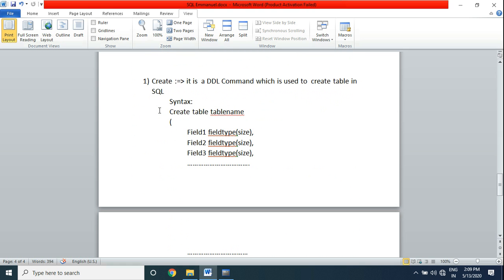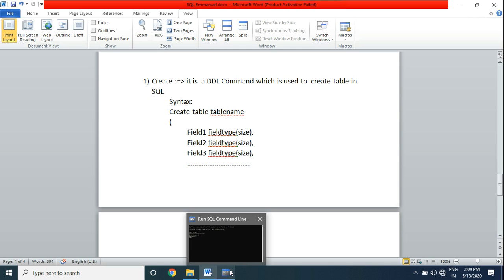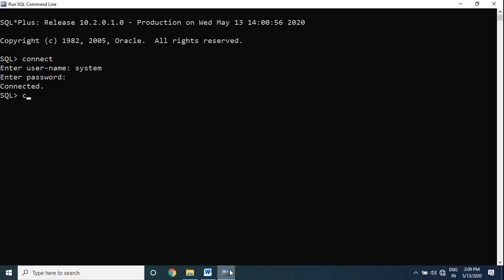So create is a DDL command which is used to create table in a SQL. In a SQL we want to create new table, that time we will use create command. So how we can create table in a SQL, we will learn by the following example. Create table and whatever table name we want. So I am writing table employee,